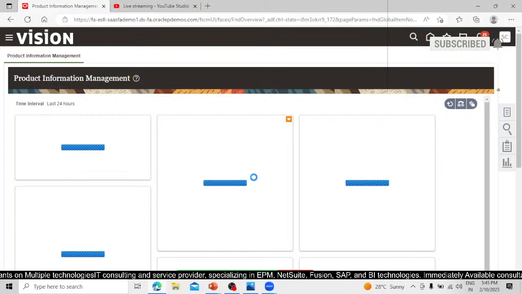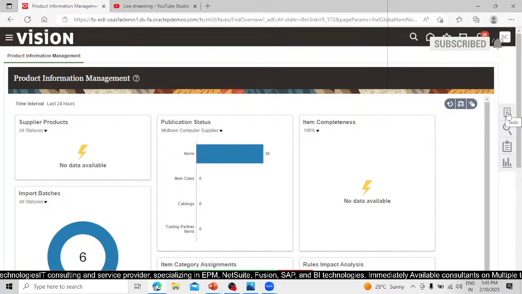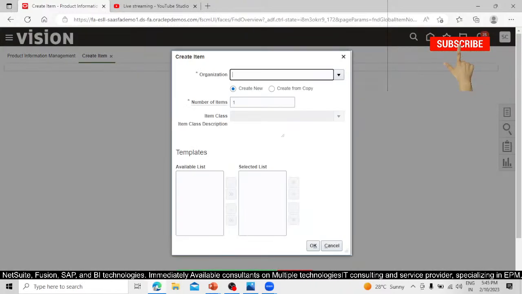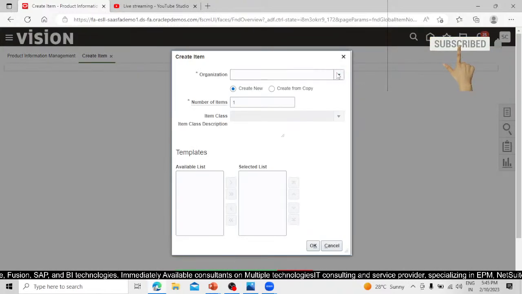Click on the task list, click on create item. Let's select our item master,